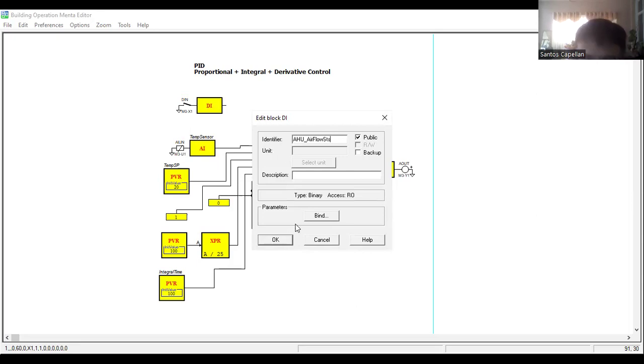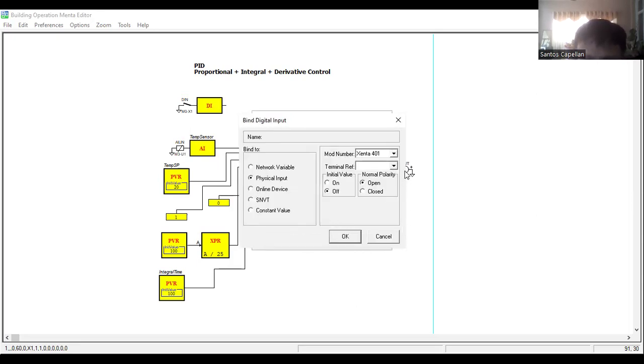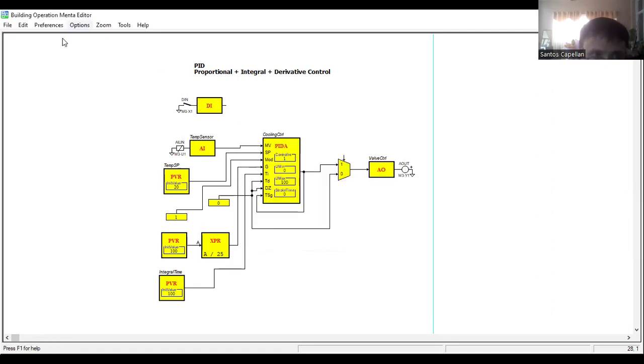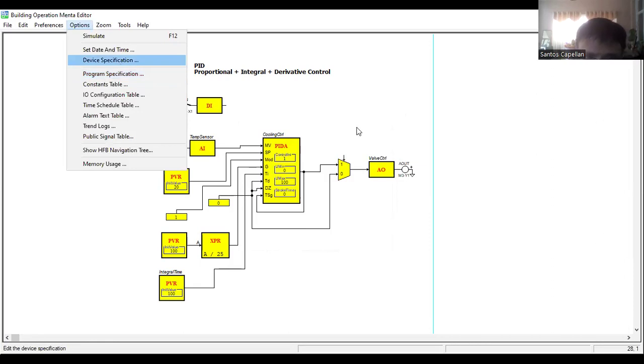So, AHU. Then let's bind it. I don't have for 11 here. Okay, 421, X1. So I will use 421. No, that's not a digital input. So I will use here again options, device specification.